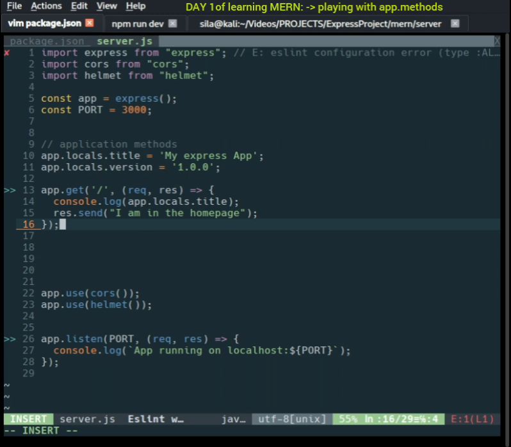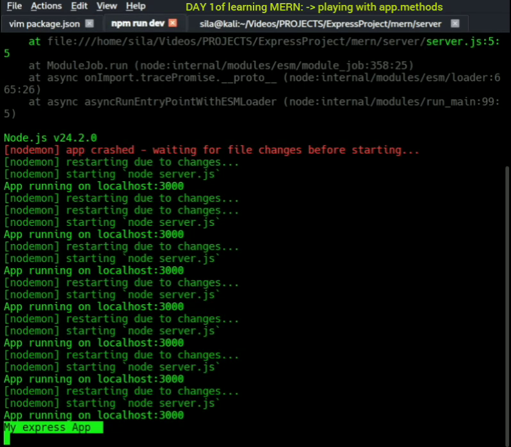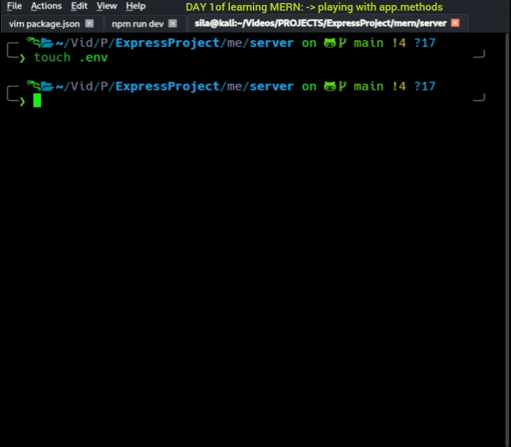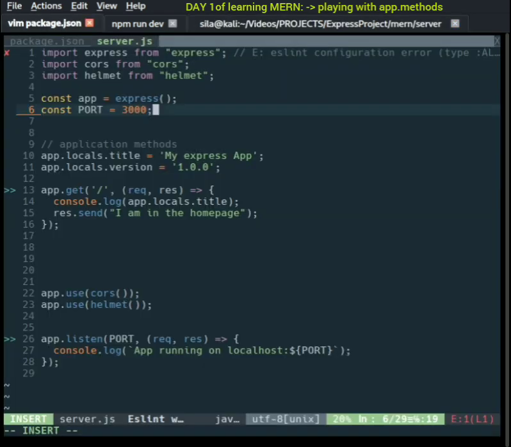So before I also continue inside the port, I also realized that we can have a configuration file here. So let me create a .env file, and of course you should never pass this to GitHub or anywhere else, because this one will contain your configuration details. For example, API keys, it will contain a lot of details inside there. So inside here is where we are going to store just some of the details which we'll be needing inside the application. And to showcase that, I am going to open the .env file